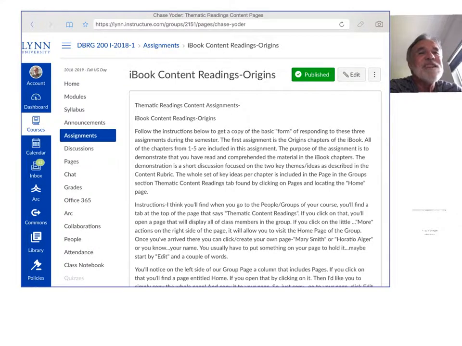Okay, so Chase had typed in hello and saved his page, so good job there, Chase. And then I added for you, Chase, this chapter or thematic section called Origins, and I copied in the main points in the chapter headings. And so you can just go in and edit that and make it your own, right?